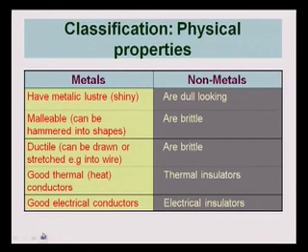Now let's move on and think about how we can classify these materials. Here is a table that gives us a summary of how these materials can be classified. We have what we call metals and non-metals, and the two can be contrasted. Metals are shiny, and we call that property